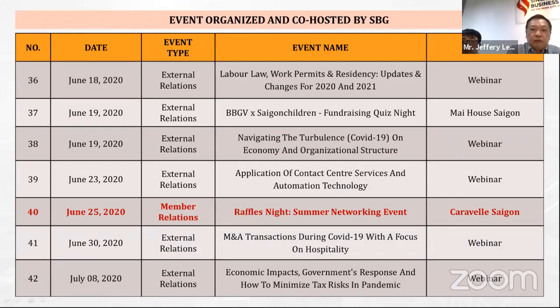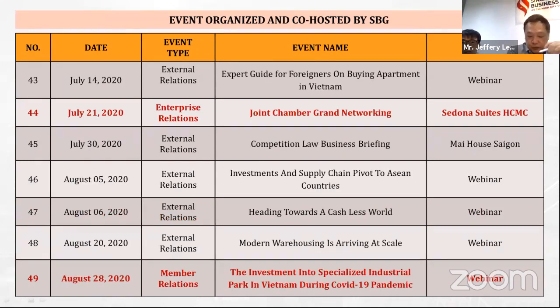So in June, we had our first Raffles Night and Summer Networking event in Caravel, Saigon. So it was the first gathering, and I think a lot of the people were happy to actually see each other. And also we joined the Joint Chambers Grand Networking, which was in Sedona Suites. There were more than 300 people in Sky 28. So I think everybody was very happy to be able to meet, to do networking, and also to discuss about